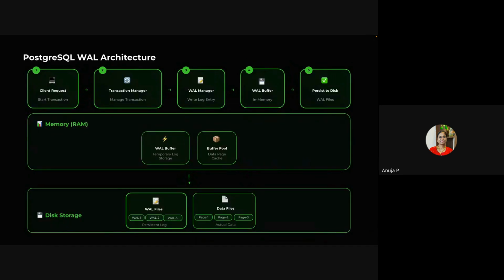So next, let's get into the WAL architecture. When a client makes a request in the form of a transaction, say an insert, the transaction manager will initially handle it. It will assign the transaction IDs, the state of the transaction, and whether a lock is required for that particular transaction. Everything will be managed by the transaction manager. So this will be given to the WAL manager, where the WAL record log entries will be created. And these entries will be written into a WAL buffer, and from the WAL buffer, the data will be given to the disk WAL files. So what is the need of a WAL buffer here?